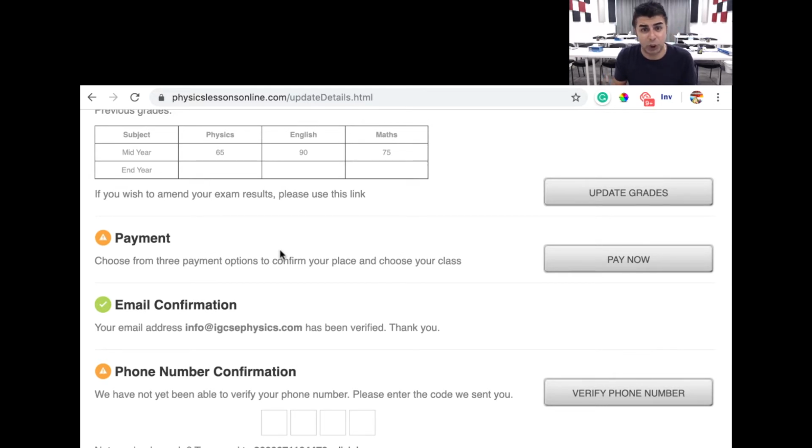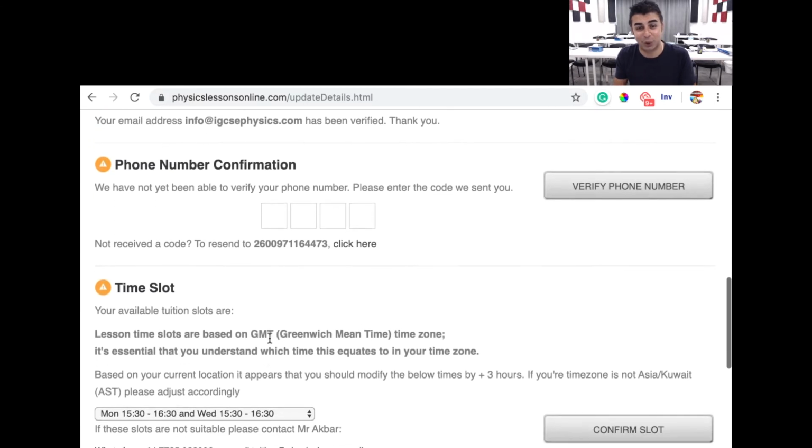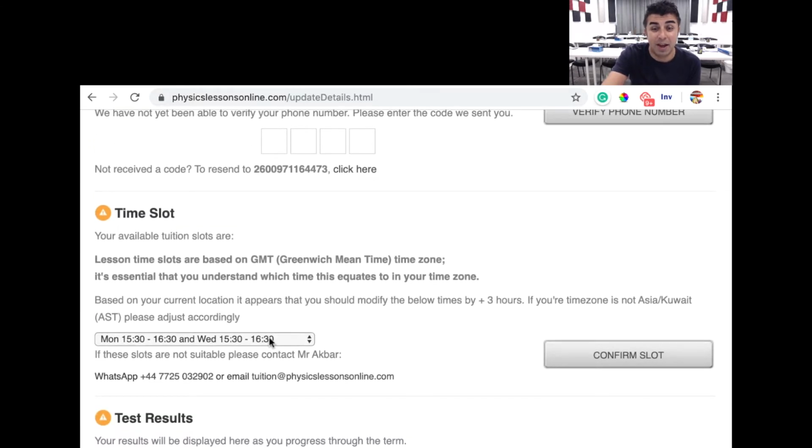You've been given a special link for the next 8 lessons. And after that, we'll deal with it then. Confirmed email. Phone number, if it's not been confirmed, we'll need to confirm it because obviously I need to make sure I can communicate with you from WhatsApp. And this is obviously going out as a WhatsApp message, so I'm going to make sure that everybody's read it. And the important part for you, time slot.